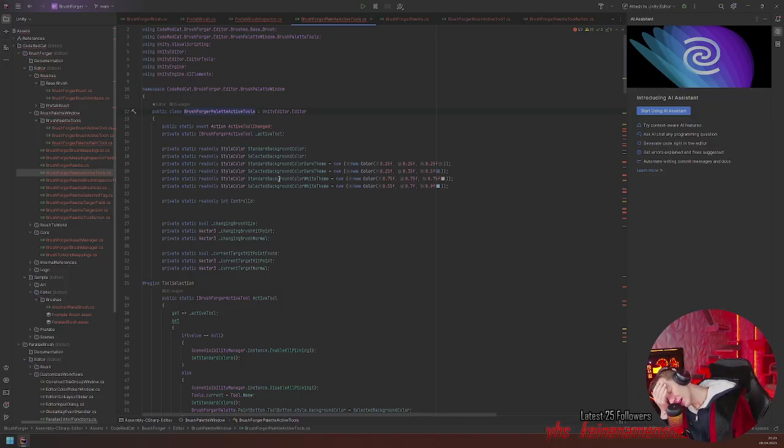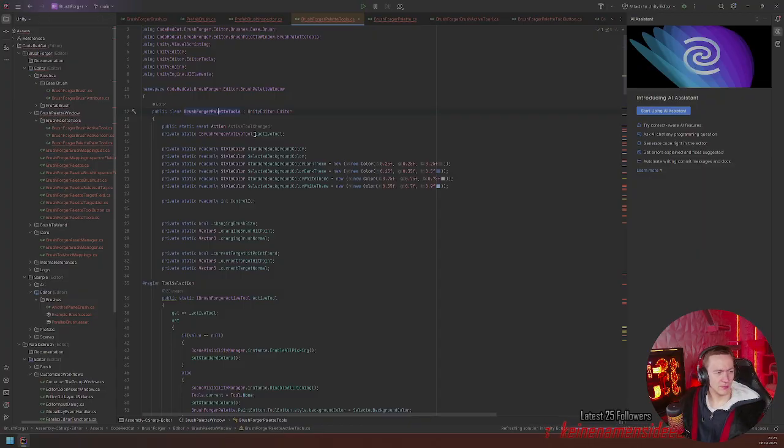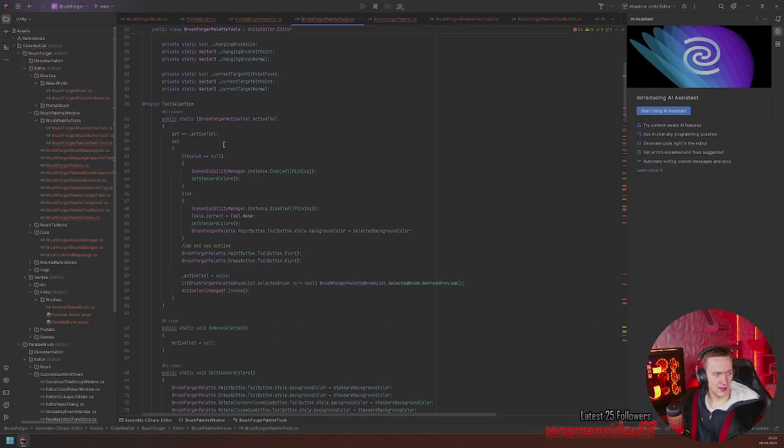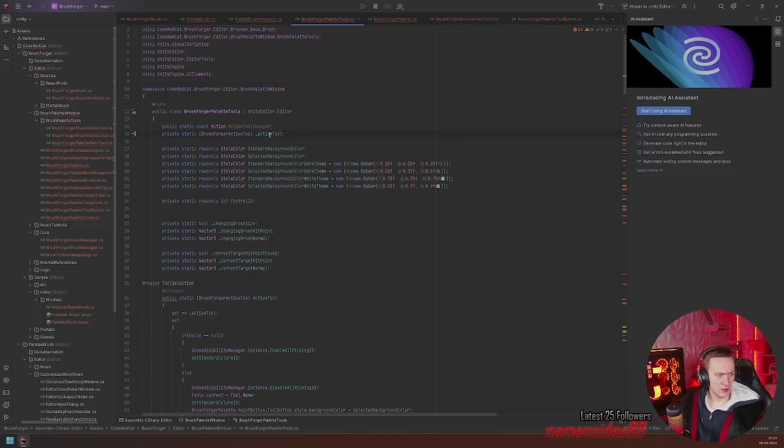Do they? Maybe we need a function. Yeah, never mind. We need to have a function that says on click on the tool, go into the brush and execute the function. Okay.